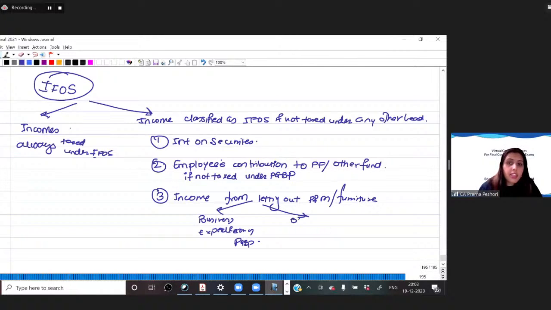In other cases, it will be EFOS. Alright? So income from letting of plant and machinery, if it is on account of business expediency, is profits and gains from business or profession. If it is in other cases not falling under business expediency, then in that particular case it will be income from other sources. Clear? Is it clear? Then the next is